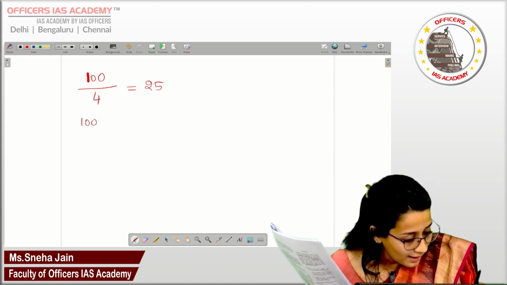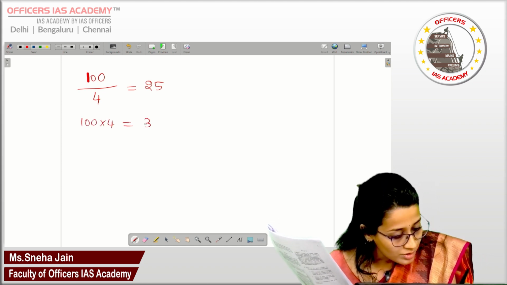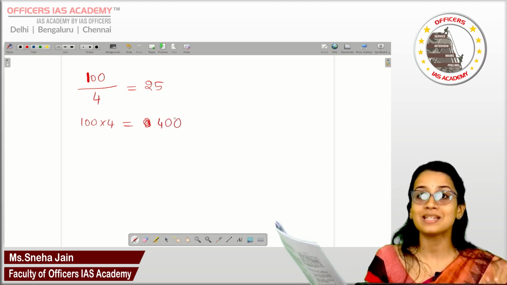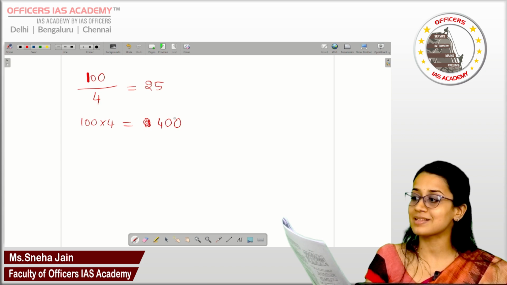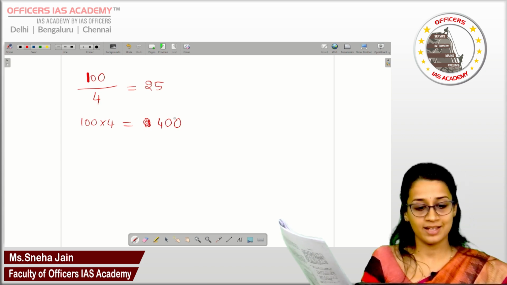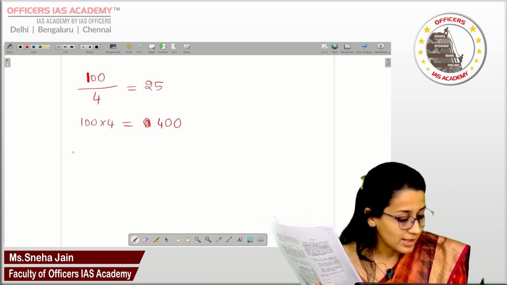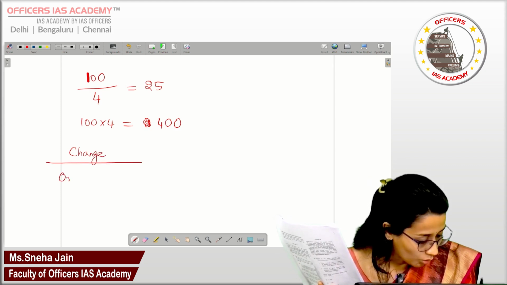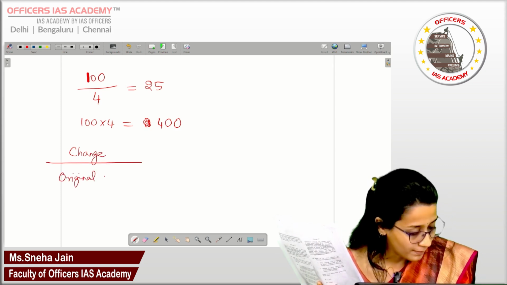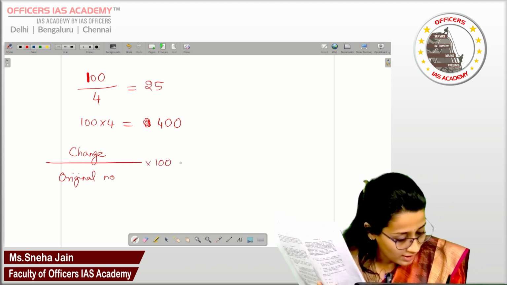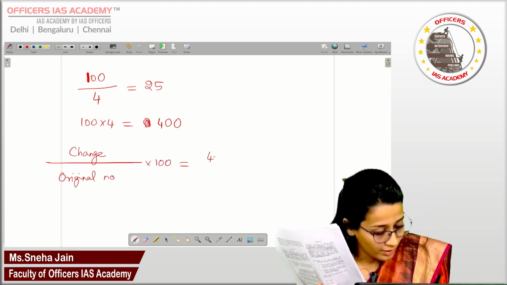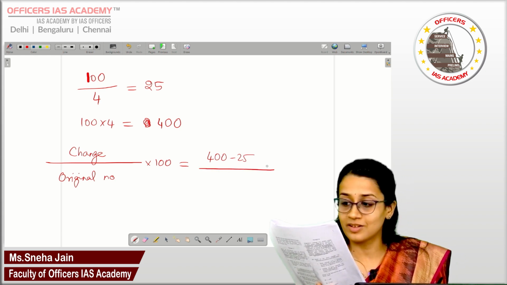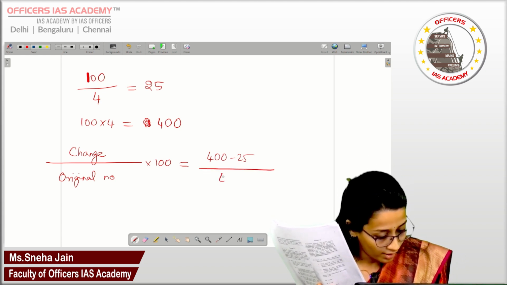You should have multiplied 100 by 4. So my answer should have been 400, but I got only 25. So what is the percentage change in the result due to this mistake? So let us calculate. So what is the change by the original or the correct number into 100? Alright, the change is nothing but 400 minus 25, but it should have actually been, the correct number is 400